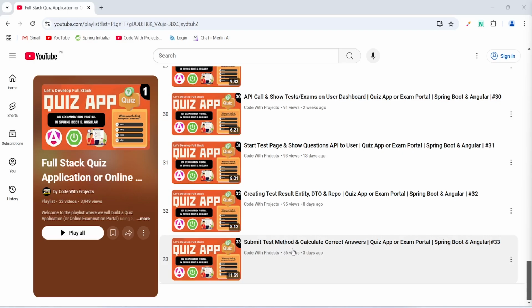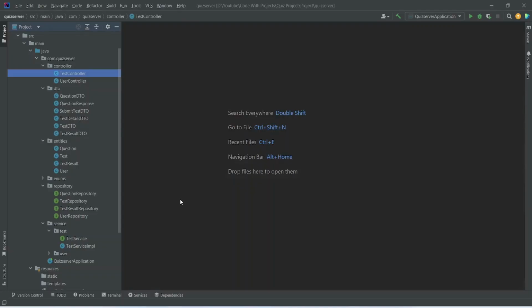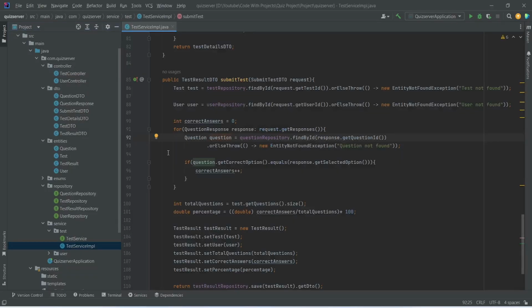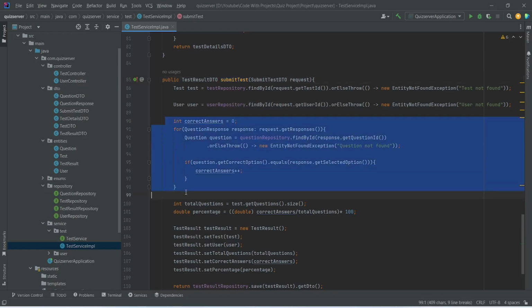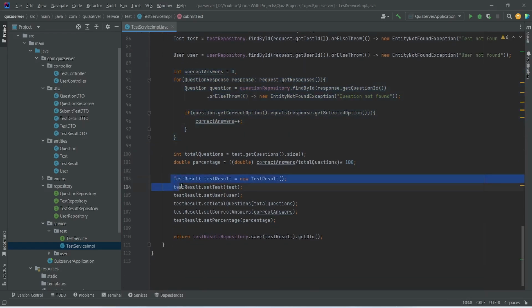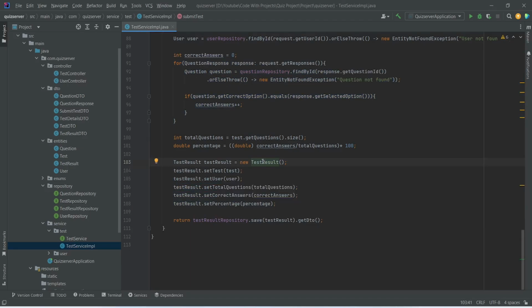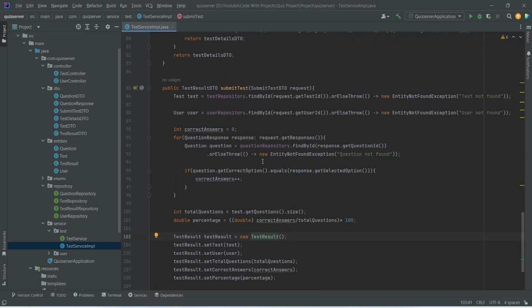So let's get started. In our Spring Boot application, in the test service implementation, as you know, we created this submit test method, and in the body of this method we are calculating the number of correct answers, and after this we are creating the test result and saving all the data in the database. Now we need to complete the API and create an endpoint to call this submit test method,